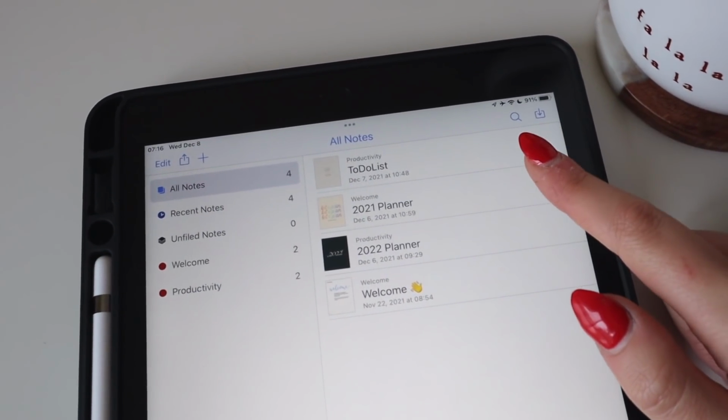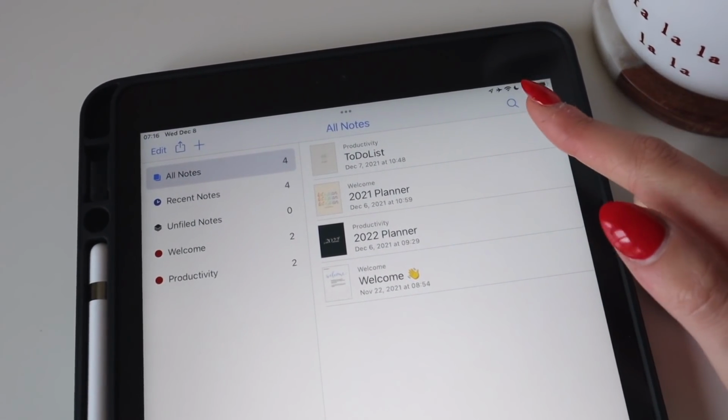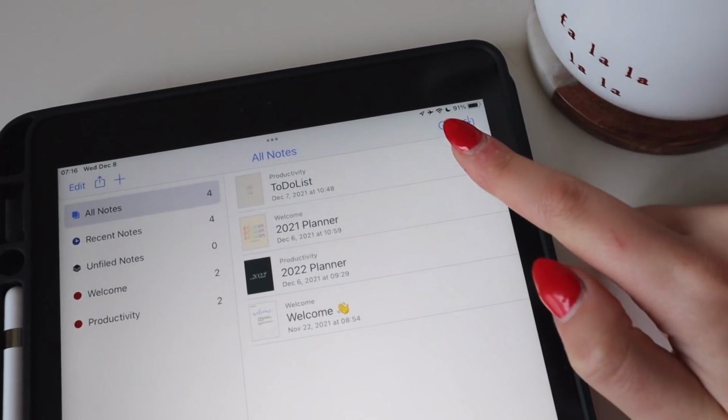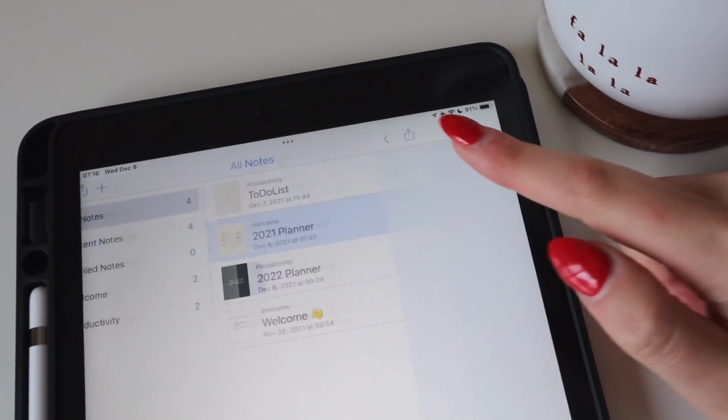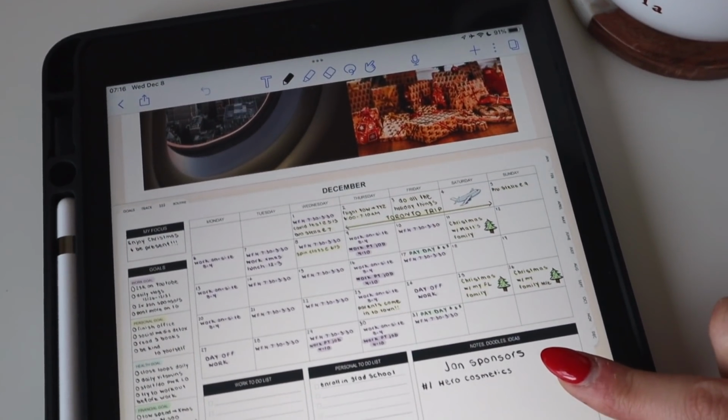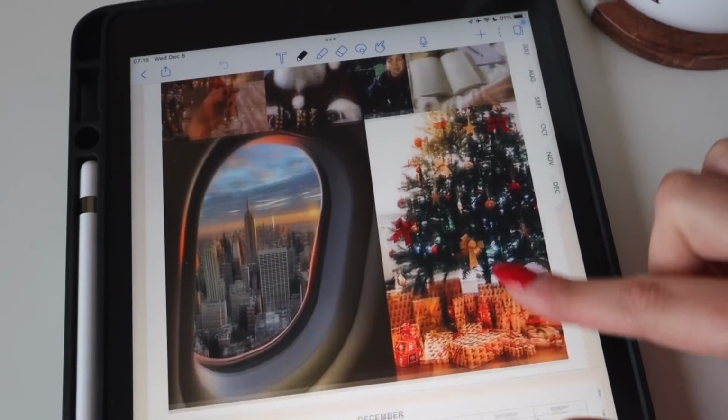I bought her planner off of Etsy, her 2021 planner, and she was super kind and actually sent me her to-do list in her 2022 planner. So first thing I like to do is make a plan for the day. I really love the undated planner, because if you guys watched my plan with me, you would have already